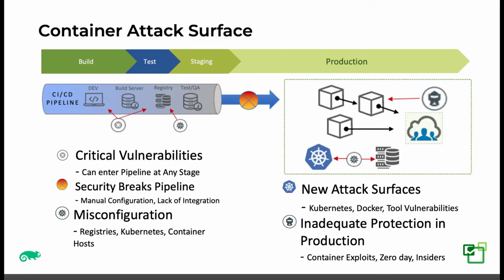Now, in the production environment, not only do we have to make sure that we've done everything up to that point to make it as difficult as possible for hackers, but we also have new attack surfaces. That could be the orchestrator itself or other tools. Could be the runtime. We've seen critical man-in-the-middle vulnerabilities in the API server last year in Kubernetes. So that could be the orchestrator, or it could be any of the tools that are being used in production to manage that environment. So that's a new attack surface. It's very new and early in its life cycle.